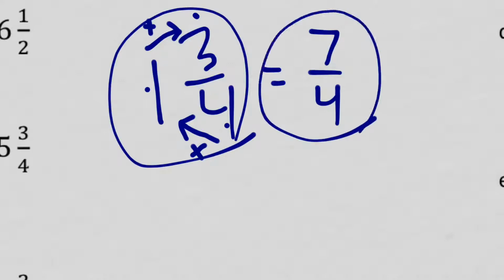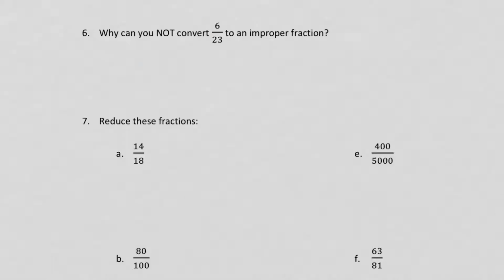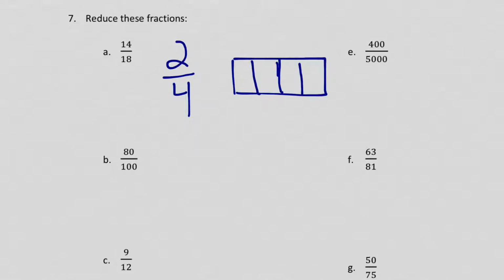And that's all there is to converting mixed numbers into improper fractions. Question 6 asks why you cannot convert 6/23 to an improper fraction, so I'll let you think that one through. As we move on to the next section, which is going to be about reducing fractions,